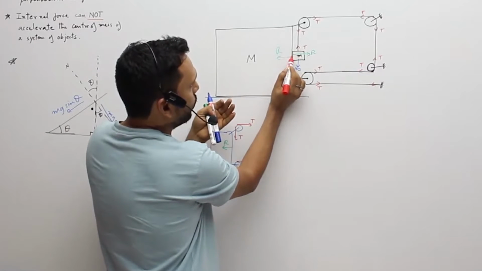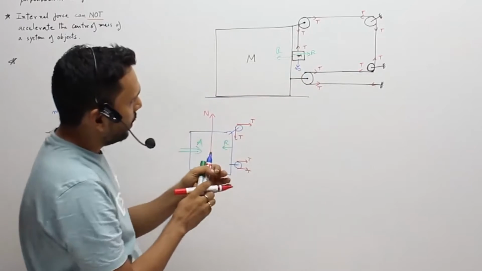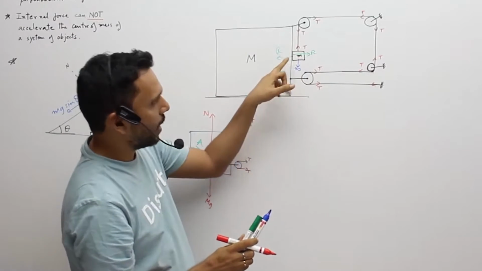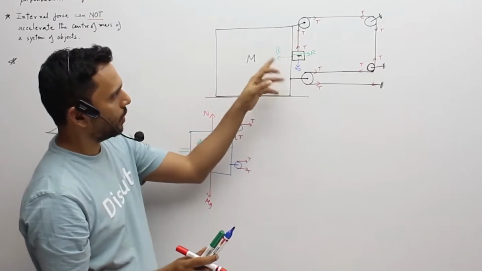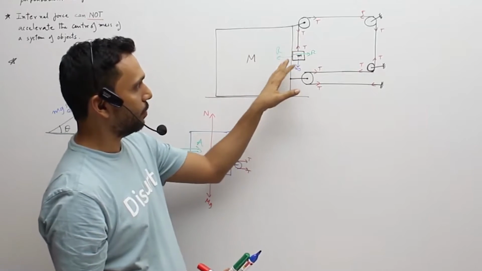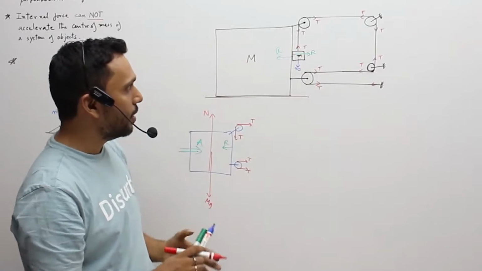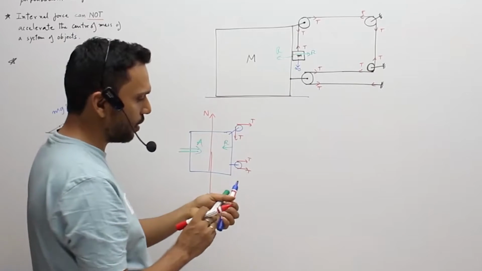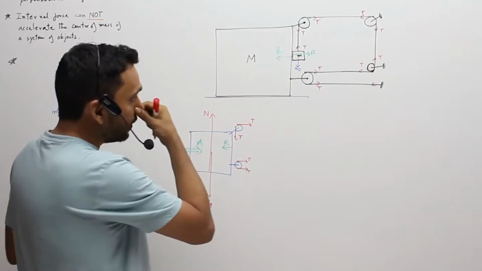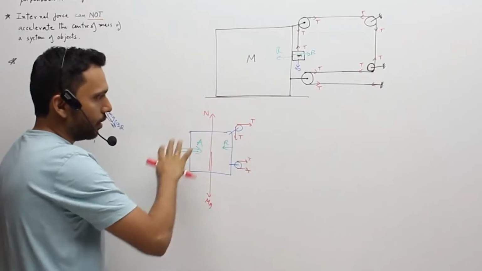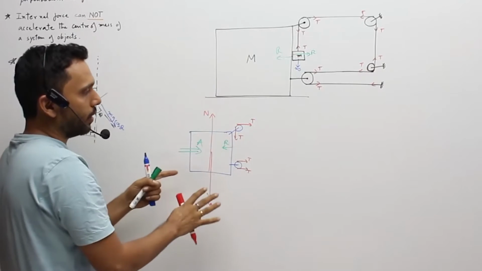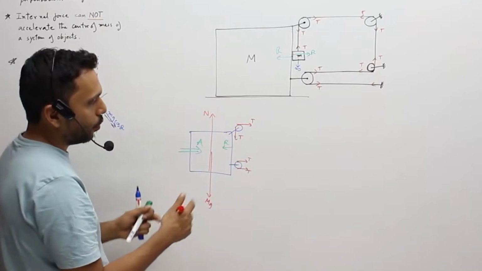So this action reaction, you can just imagine if I put a small ant in between the two masses, and if the big mass goes forward, will the ant be crushed or not? Little violent, I know, but will the ant be crushed or not? Yes, it will be crushed. That means there is a pressing force. If there is a pressing force, you have to draw the action and reaction. If it is not there, it will come as 0, but we know it is there. So these are the total forces.